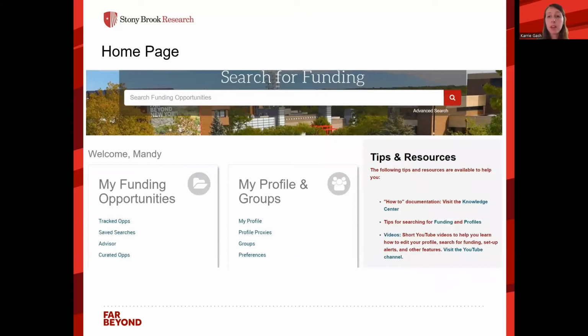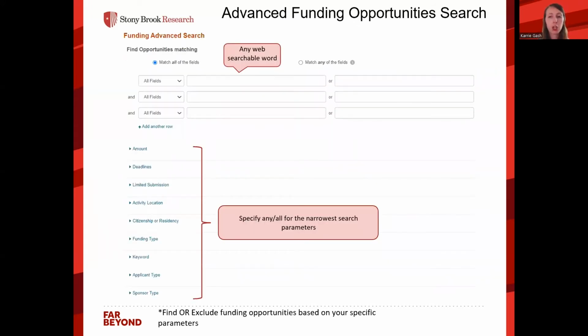Now that we understand what Pivot is and the benefits of creating a saved search, let's log in and explore this. Once you're signed into the homepage, click on the Advanced Search option under the main bar. You can search using any of these criteria to help you find relevant funding opportunities. The ones we recommend using include checking off Match All Fields, key term in the search bar, applicant institution location, we use United States and/or New York State, activity location, we use United States and/or New York State, or others